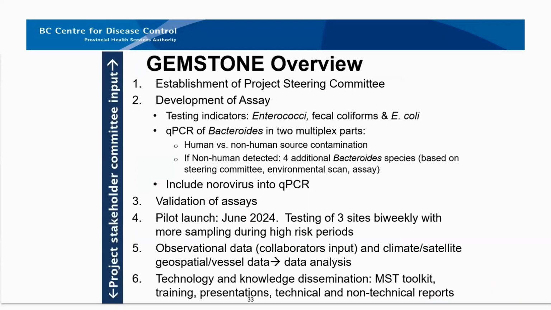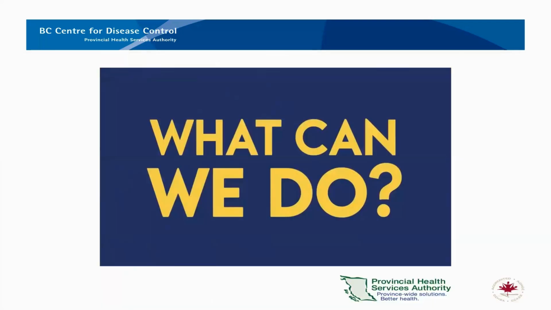So this is just a high-level overview of what the project intends to do. And one of the things that we're really focused on is working with our partners and identifying the best sites to do this research to make sure it's most impactful to them, but also developing tests that could be used by the Shellfish Growers Association or by Malahat Nation or others involved in oyster production, so they can have tools available to do this type of assessment with laboratory methods. Next slide. Back to you, Mayank.